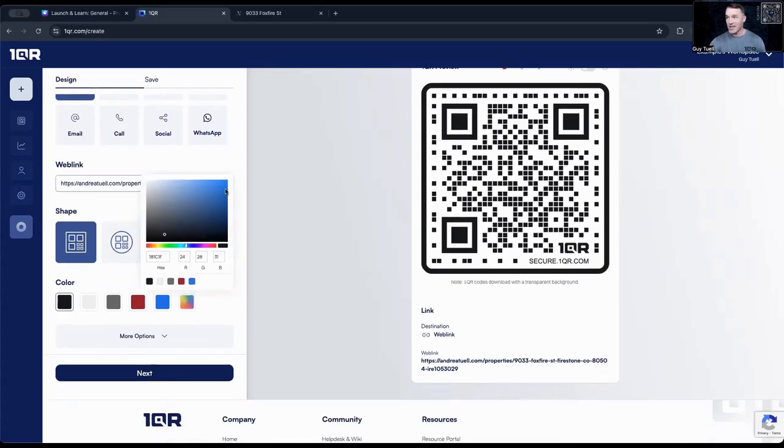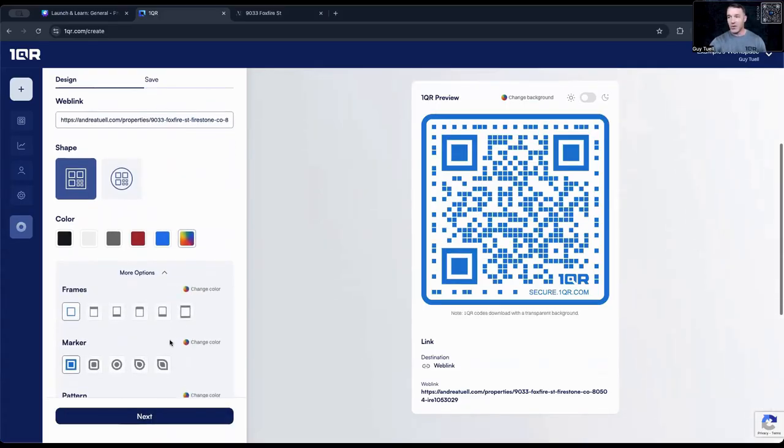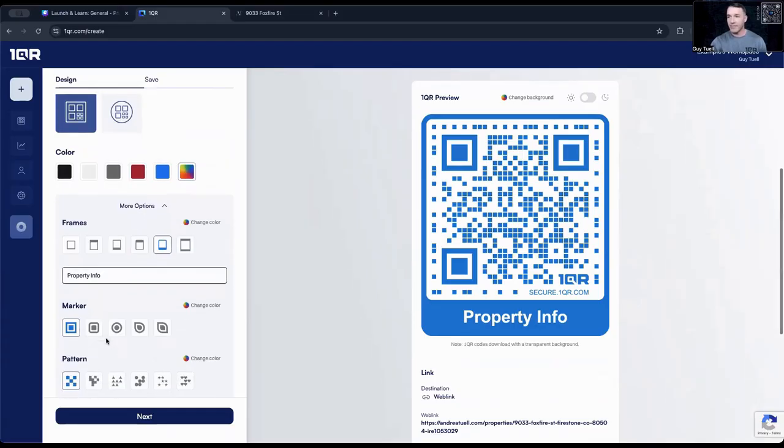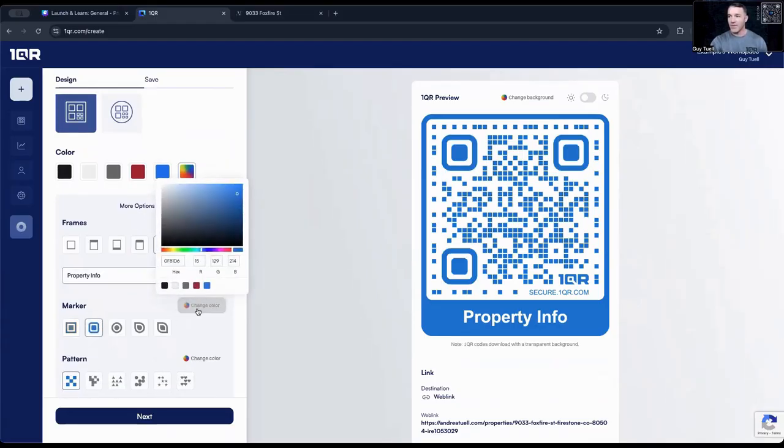So maybe I adjust the color. I bring down the ability to have a call to action. This is property information. So I could say home info or property info and continue moving on, making the brand of the QR code really fit my style.